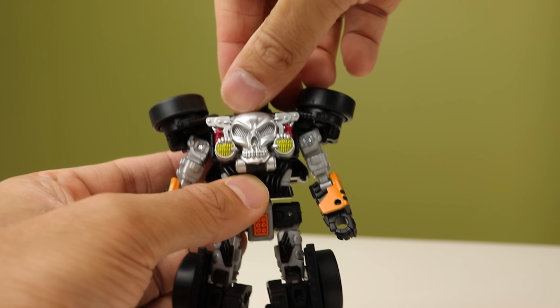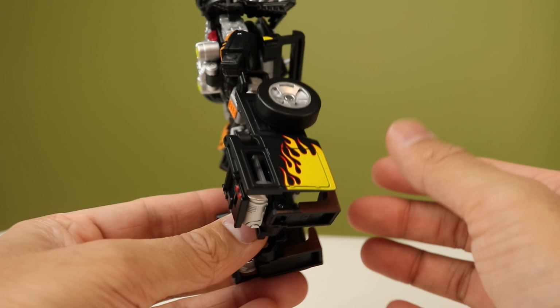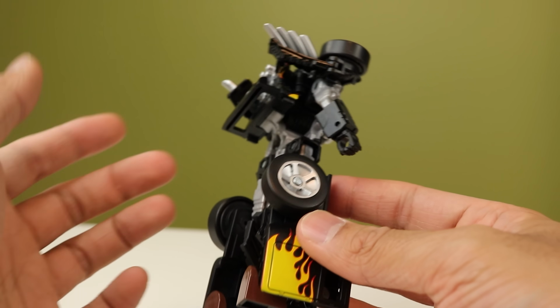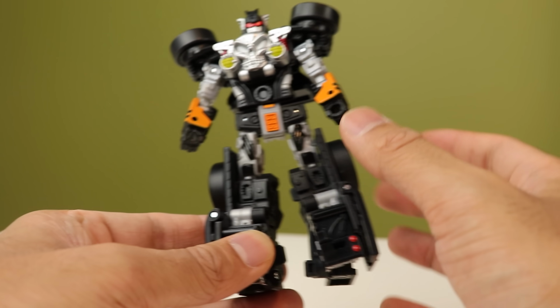And then you rotate the head around, and there you have Boneshaker in his robot mode. It's very fun to do that. I really, really enjoy doing this. It's super cool. I do wish this could fold down maybe. That's the only thing that bugs me slightly about this, but everything else is just very smooth and very